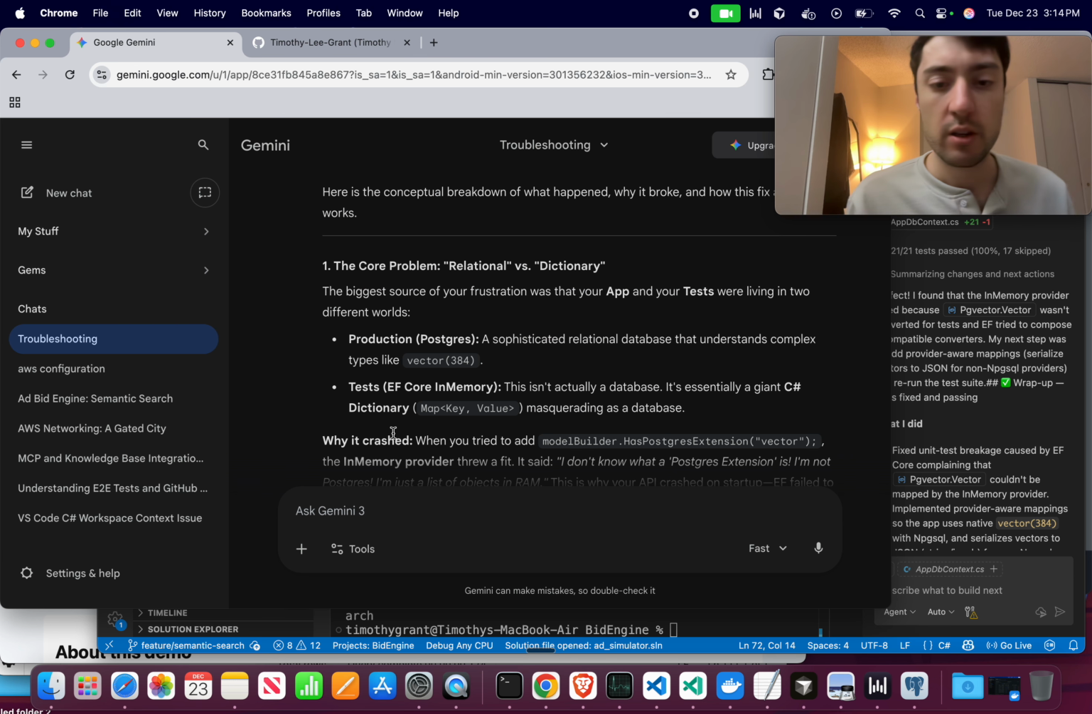Maybe we'll see. Production is Postgres, a sophisticated relational database that understands complex types like vector, okay? Test uses Entity Framework in-memory. This isn't an actual database. Okay, so